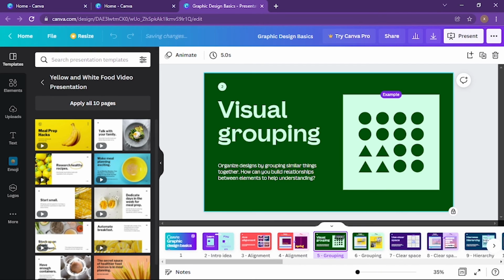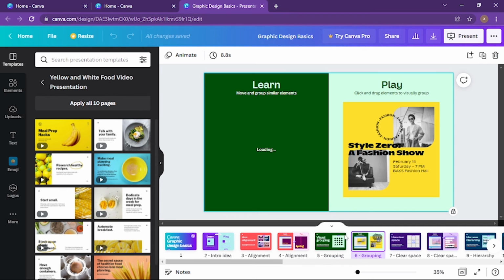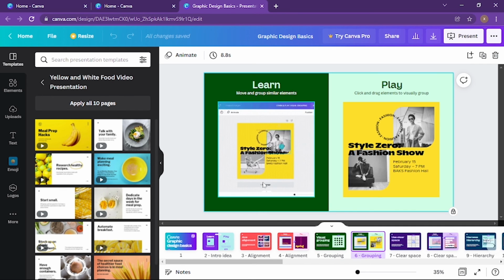So going to the grouping, now here you can see organize designs by grouping similar things together. How can you build relationships between elements to help understanding? You can see the example right here. Similarly, here you see the video of how to move and group similar elements. You see all the elements getting together. Similarly, click and drag to visually